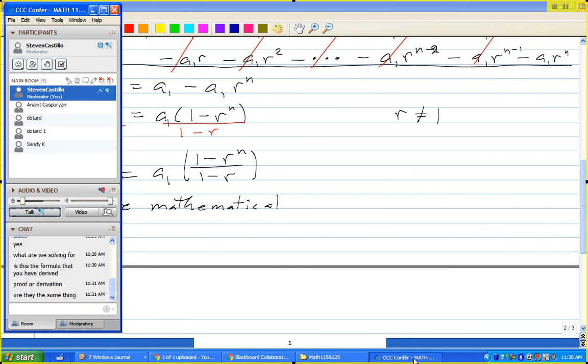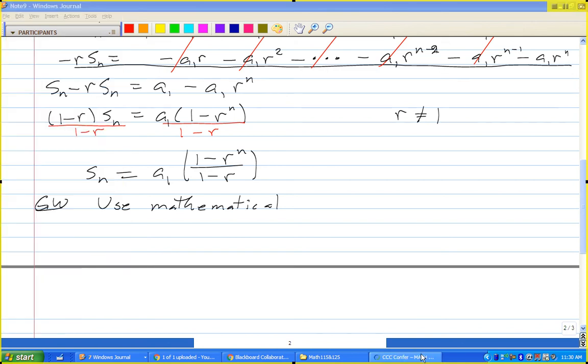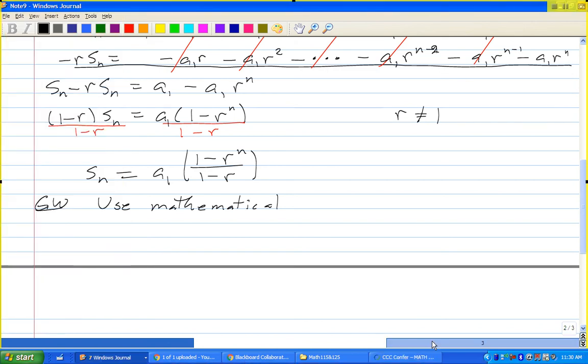A derivation is just showing that something works. A proof is using some sort of logical steps to show that something works. So I've derived this, but now use mathematical induction. So I'm telling you what to use. Use mathematical induction to prove,